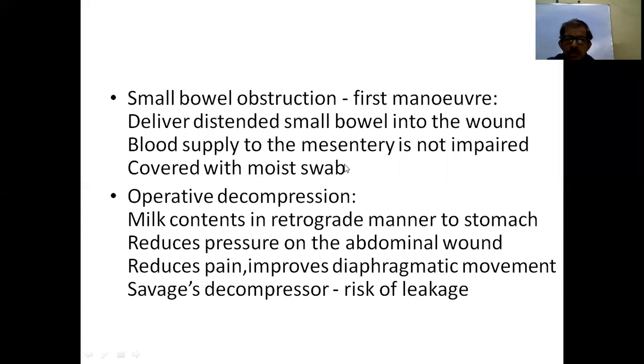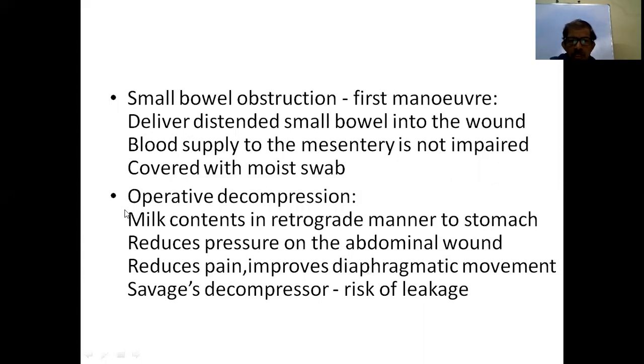So once you have known that the condition is benign in nature and it is not strangulated, then what you can do, not only for ease of surgery but also to reduce the pressure on the abdominal wound, as I told you earlier, it is very difficult to close the abdomen once you open. It will also reduce the pain, and once the pain is less and the distension is less, the diaphragmatic movement will be